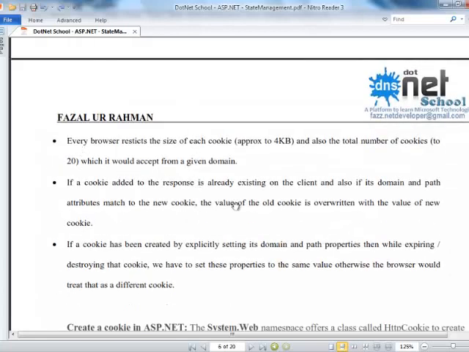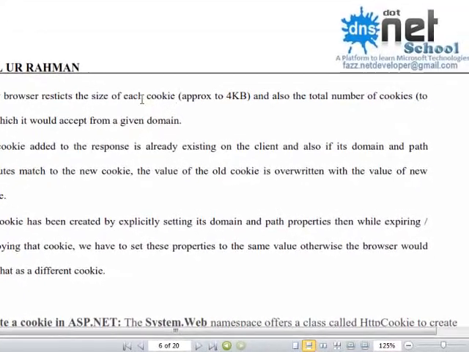See here, there are some limitations about cookies. Every browser restricts the size of each cookie. Each cookie will have a size of approximately 4 KB, which means every browser can create a 4 KB text file, and also limits the total number of cookies to 20 which it would accept from a given domain.